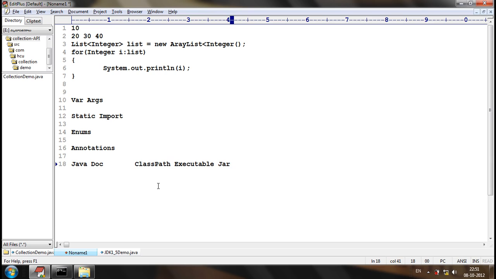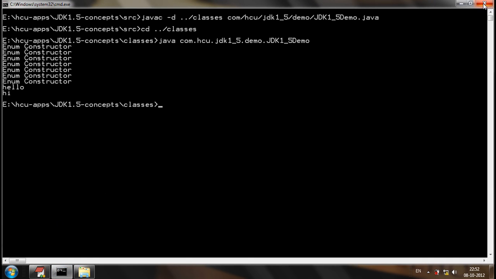How to make use of a classpath, and how to create an executable jar file through the application, we are ready to discuss. We'll discuss them, and then we'll go for file handling. Eventually, if I miss any of the concepts, just remind me. Okay.